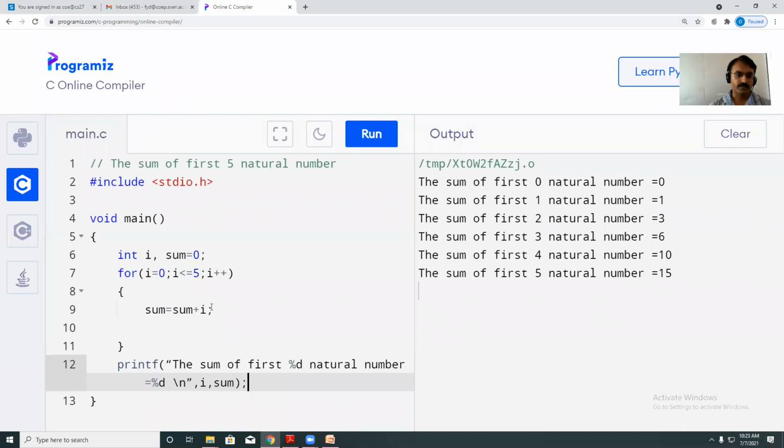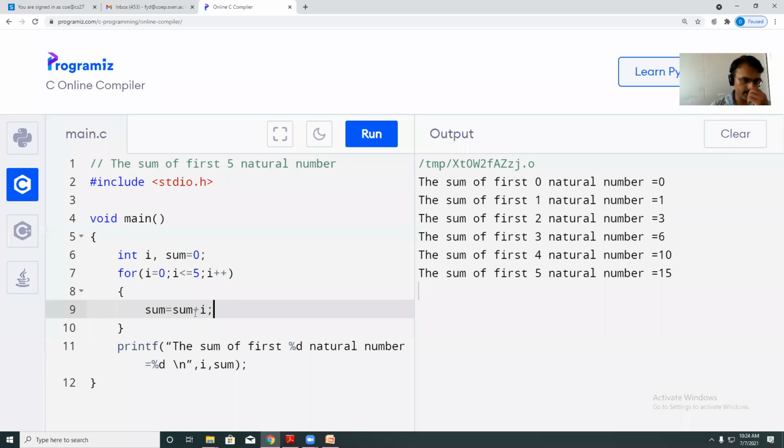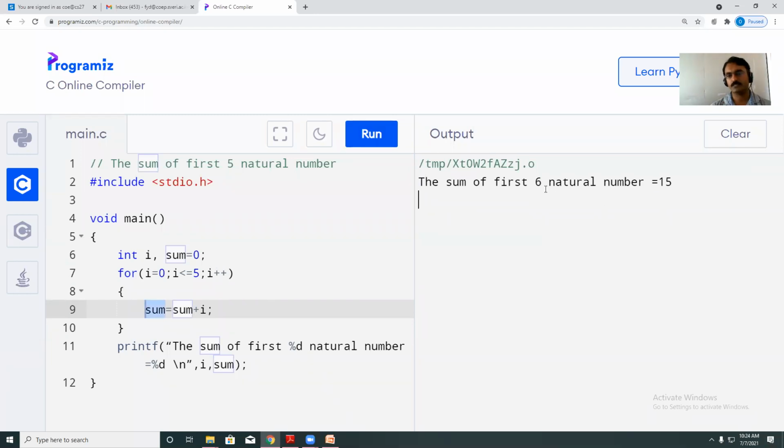Okay. Now, in this case, the calculation of finding the sum will be repeatedly calculated and the final value is going to be stored in the sum variable, and there I am going to print it. Check, the sum of first 6. Yes, now why does 6 happen? Because here I plus plus, it goes to the next, it incremented the value, but the condition is false.